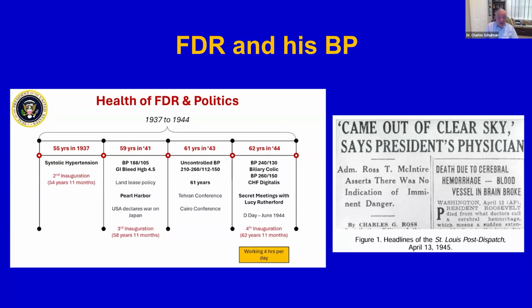At age 55, he was noted to have systolic hypertension. By 1941, his blood pressure was 188/105. Two years later, it was 210/160, then 210 to 260/112 to 150. And in 1944, his systolic pressures were recorded as high as 240 and 260,